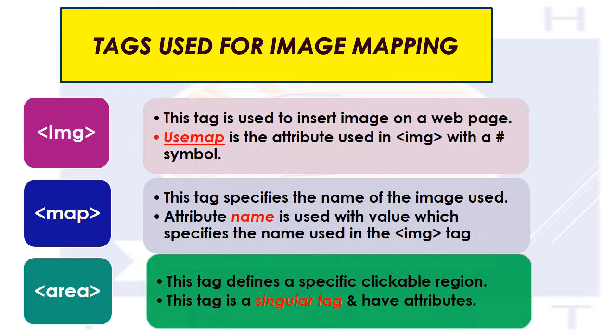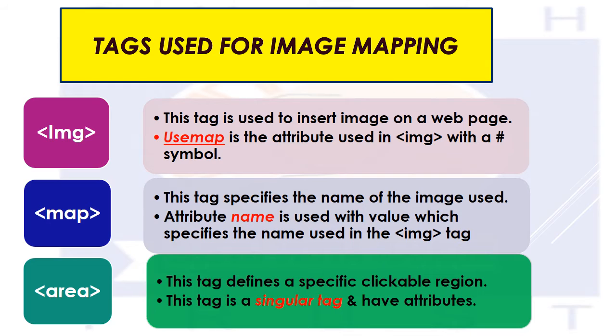The next tag which we are using in image mapping is called the map tag. In the map tag you have to specify the name of that map. Map means the area which we are taking, a simple hotspot, right? You will see this in the example very clearly, students. First you understand what you mean by the map tag. In the map tag you have the attribute name, that is the name of the map, which is very important. You have to give the name of the map with the IMG tag.